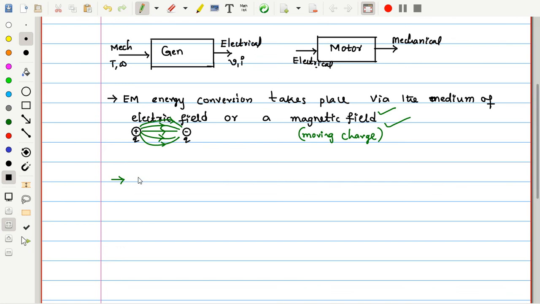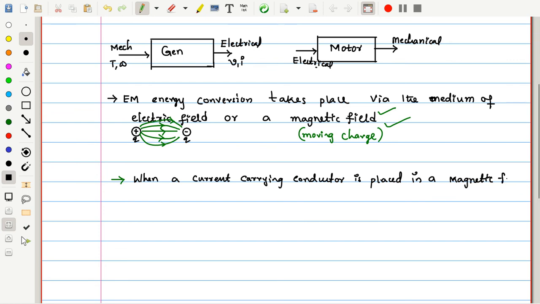Now let me summarize those points here: when a current carrying conductor is placed in a magnetic field,